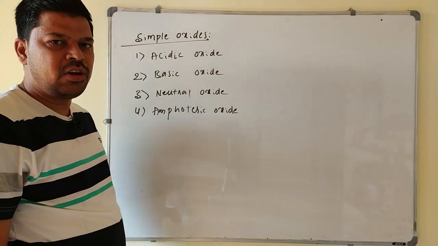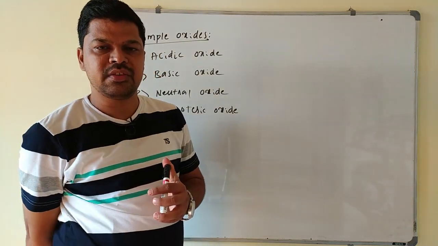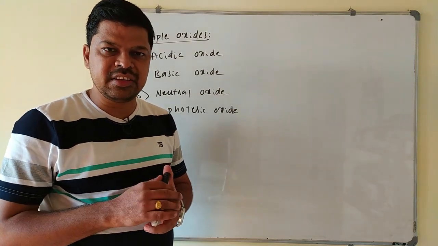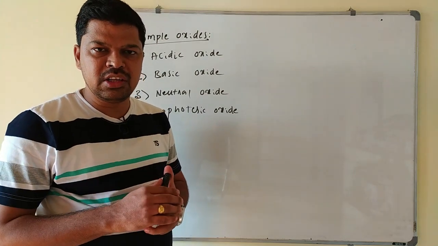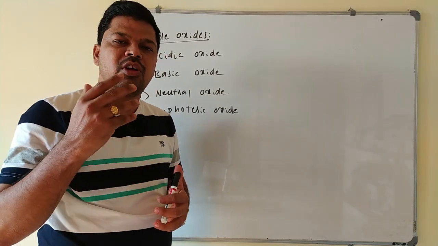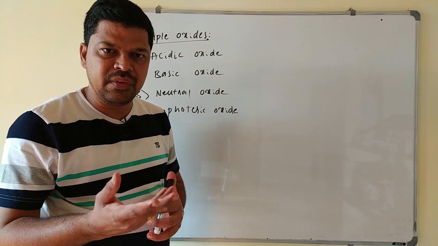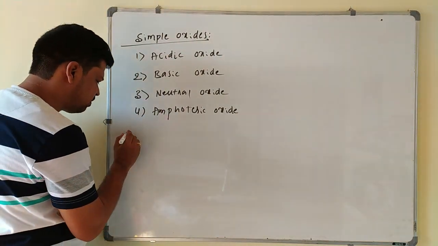Okay, so already in class 11, in the periodic properties, we have studied that non-metal oxides are usually acidic in nature, metal oxides are basic in nature, and the metalloid with oxygen gives amphoteric oxides. The non-metal oxides are called acidic because whenever they are added to water, they will give acids. So first one we will discuss acidic oxides.